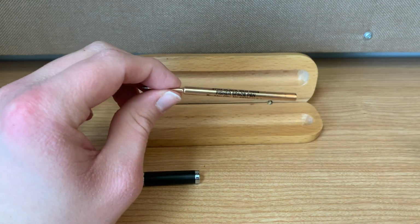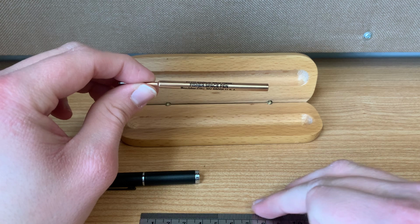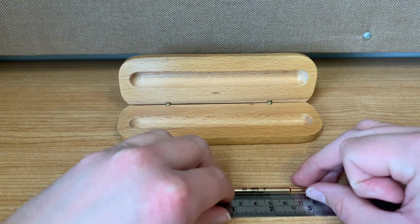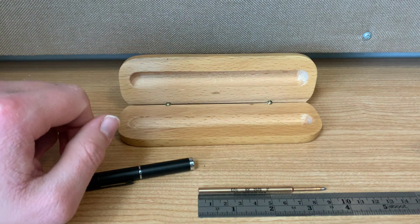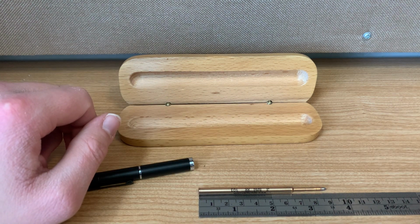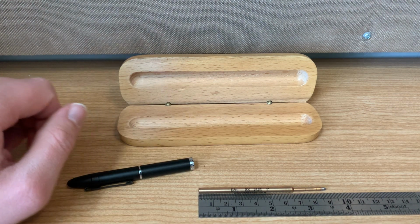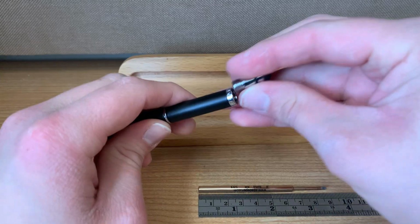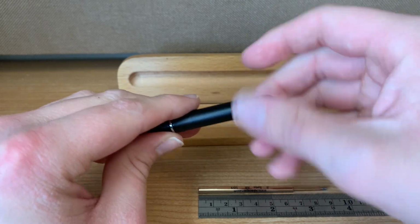So this right here, let's go ahead and do some measuring with the refill. And then we're also going to measure the pen in just a moment. So the refill, I want to make sure that's lined up. All right, I think that's good. The refill looks to be about 3.5 inches. Nice. The pen itself, when it's closed,